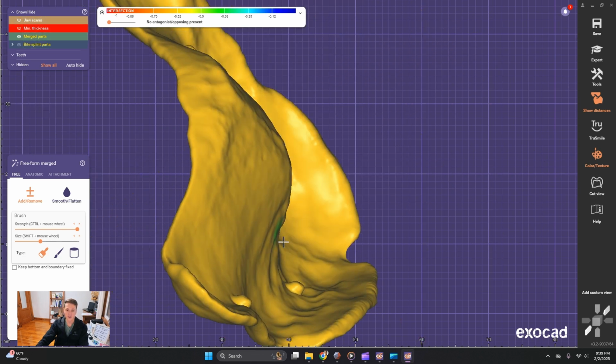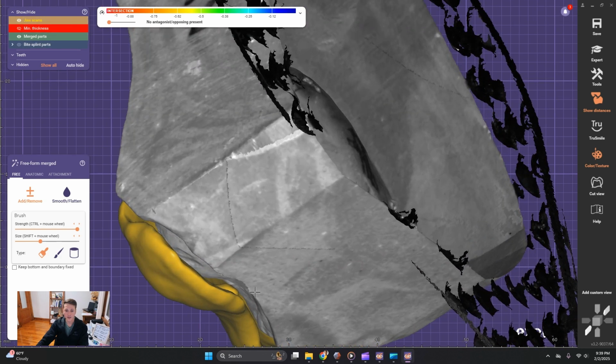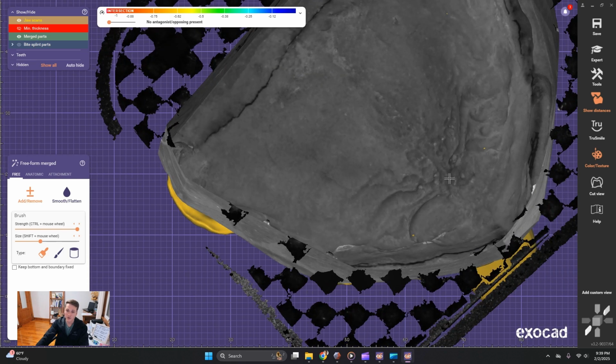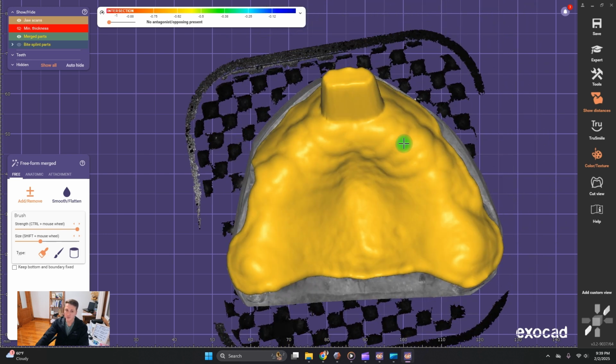Now I turn that off, they're still there, and you can kind of see right here if you're squeezing in between the two. There's my tissue stops, and it's sitting right on my jaw scan. So that's the perfect depth for what. So this would be a good custom tray for a third year,